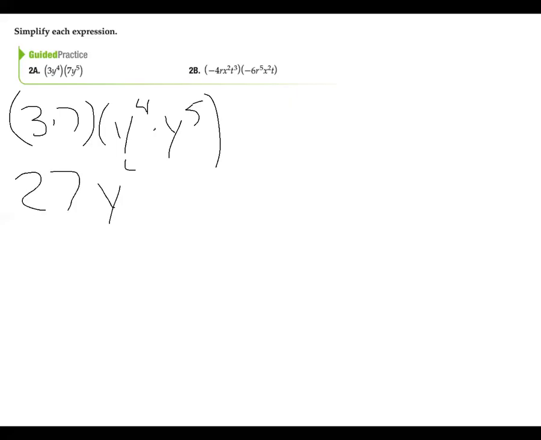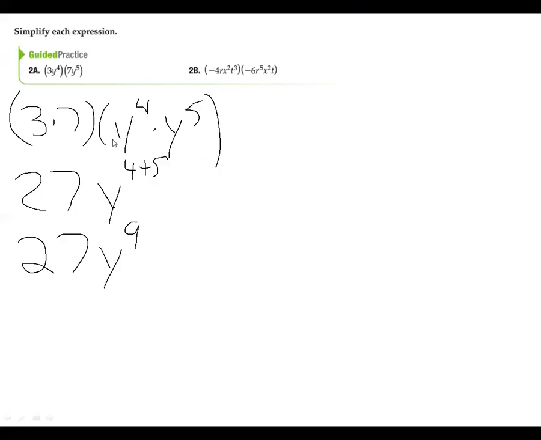Okay, we're back. So 2a, I can regroup and do 3 times 7 times y to the 4th times y to the 5th. 3 times 7 is 21. Then you can do y to the 4 plus 5. And that'd be 27 y to the 9th. Again, we're not changing the multiplication to addition. That's not what we're doing. We're using the property that